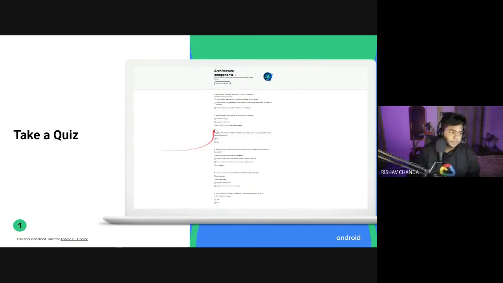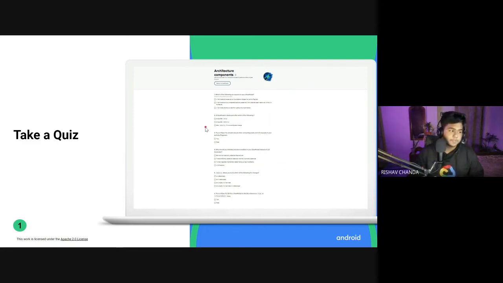Okay. So after this, for you, the thing is, go to the course, see what they are trying to tell you. There is an app for a game, I think, which they have shown for this architectural component. Try to build that one, and if you're facing any problems, join our public Discord, and you can share it there, and our team is there to help you out, right? So once you have gone through that one and it is clear, give the quiz for this architectural component, and you will earn this badge if you do it correctly.